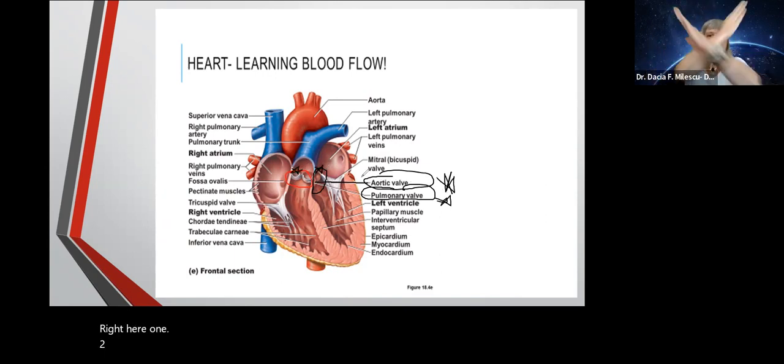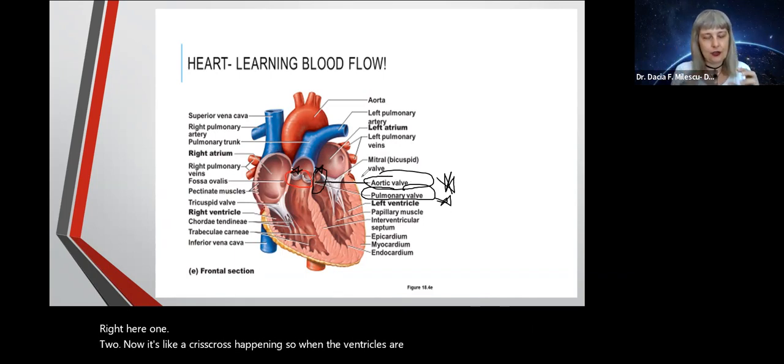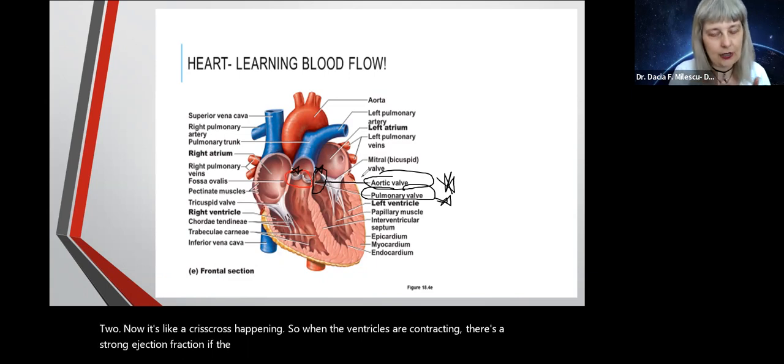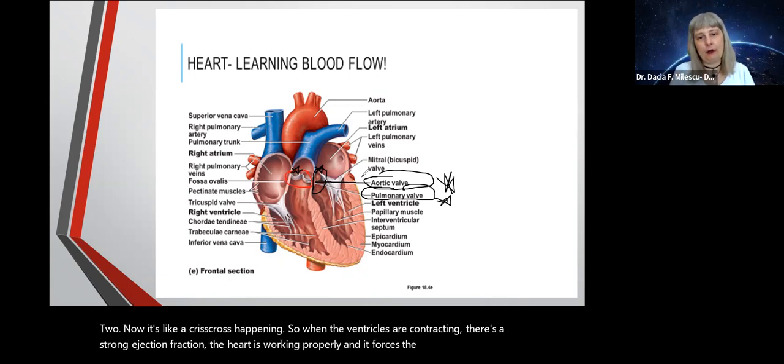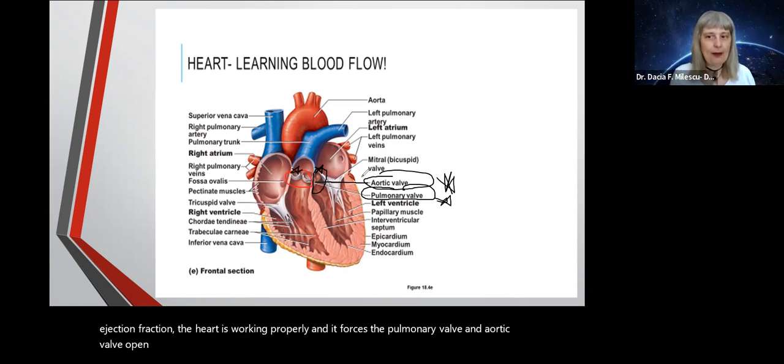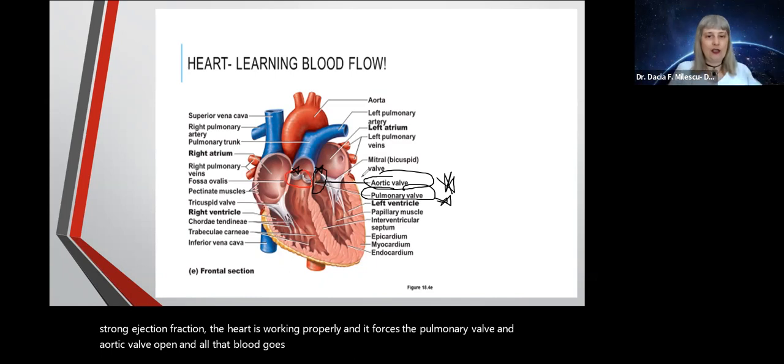Now it's like a crisscross happening. So when the ventricles are contracting, there's a strong ejection fraction if the heart is working properly, and it forces the pulmonary valve and aortic valve open, and all that blood goes swoosh, ventricular contraction, and pushes the blood